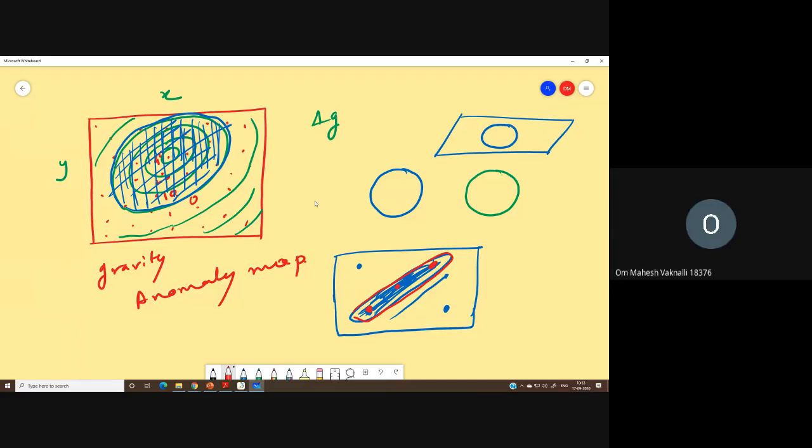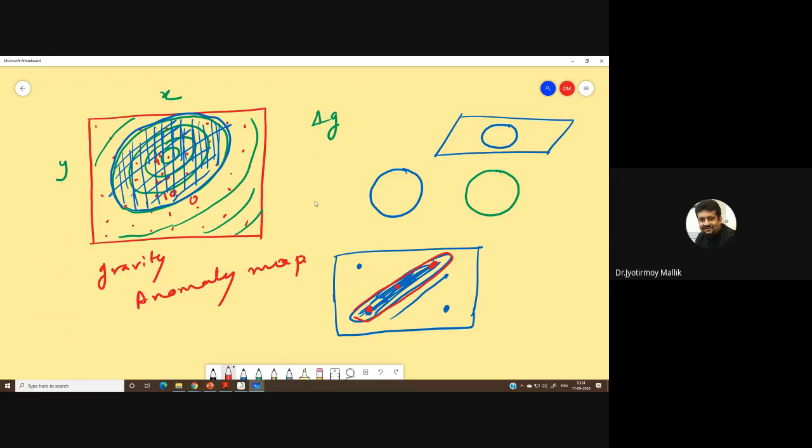My question was, how small a change in the gravity anomaly can be detected? Should it be significantly large, or can it be very small? Well, it has several factors, and I will discuss that. I will show you an example, and then you will do some examples by yourself, where you will understand the sensitivity. It depends on three factors, whether it will be able to be detected or not.